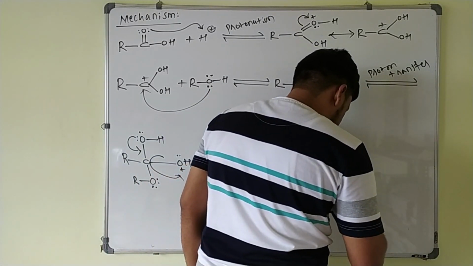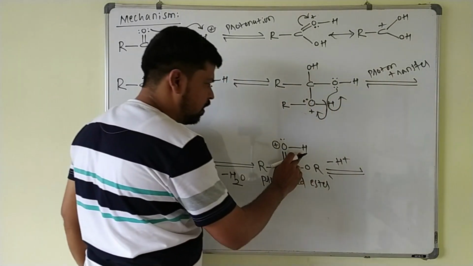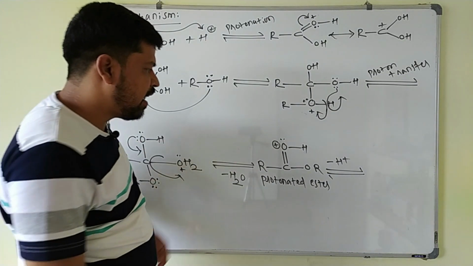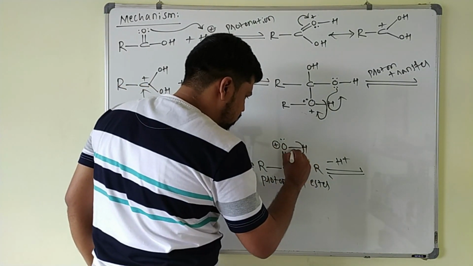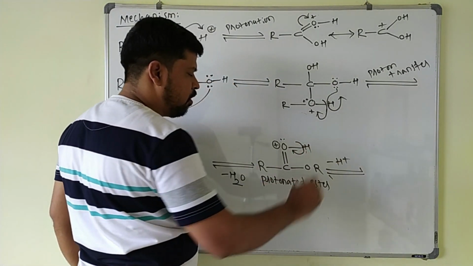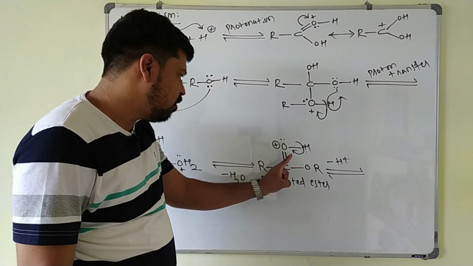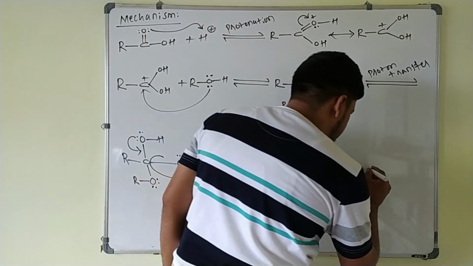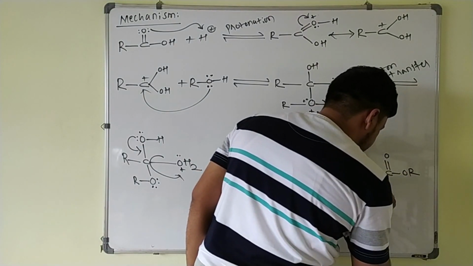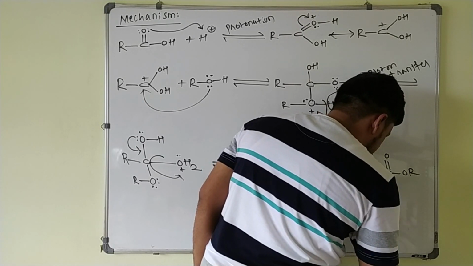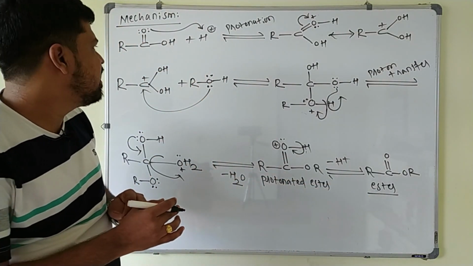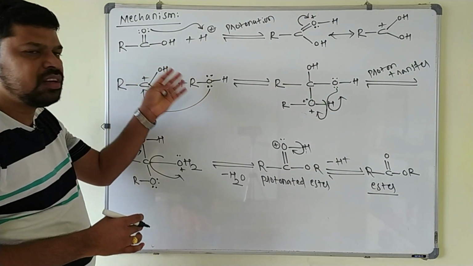This on a loss of proton, here this proton is again lost, because again here oxygen is having a positive charge, so it is unstable. Again it takes the bond pair of the OH bond, they are given towards this oxygen. Now this is coming out as H plus ion. Now this oxygen gets again a lone pair of electrons, the positive charge is removed here. So what you will get here: R C double bond O, O R. So ultimately you will get the ester on a loss of proton. So this is the mechanism for the esterification of acids with alcohol.